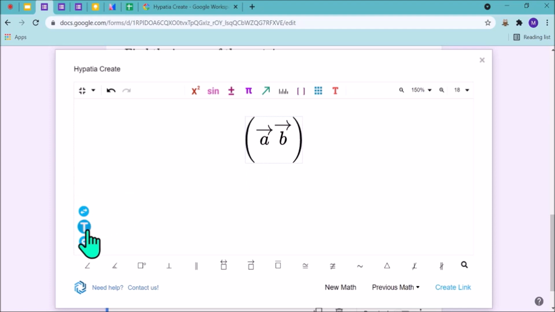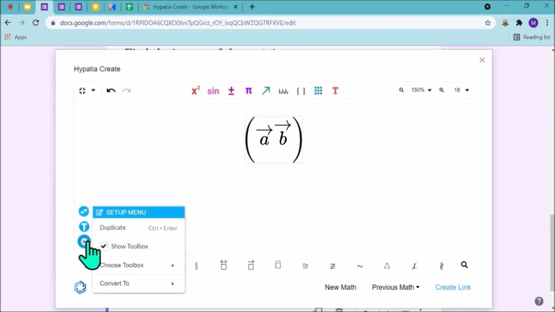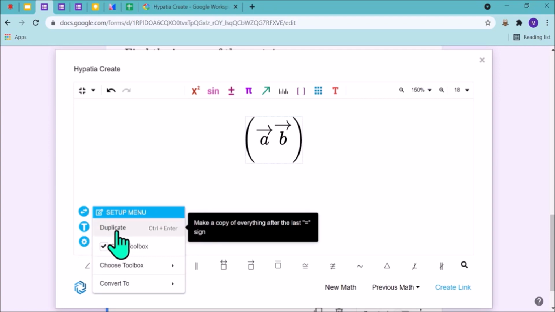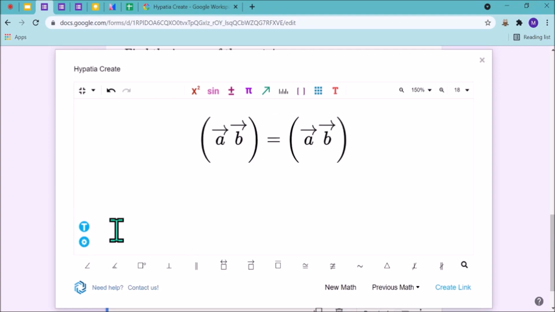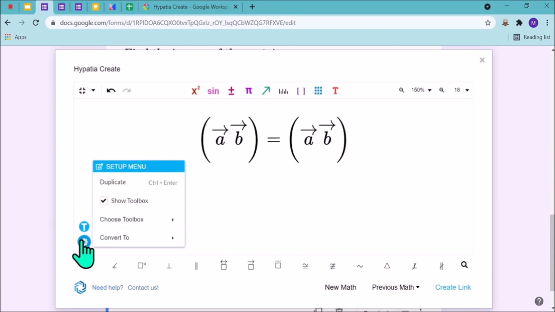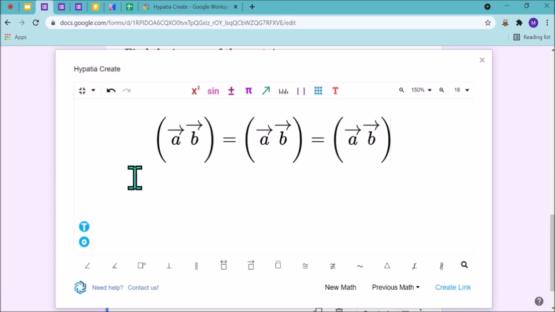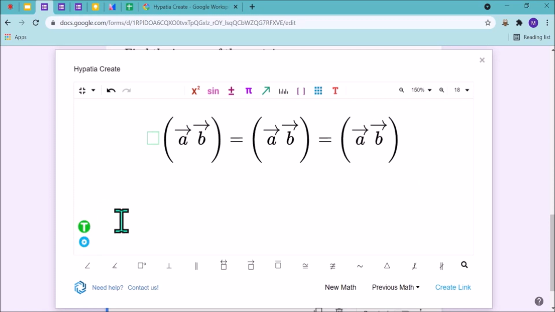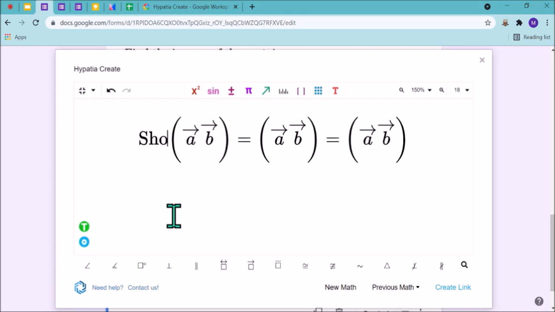So what I will do, I will come to this box again. You can see the duplicate word here. I will press duplicate. I again want to duplicate it, so I will press it again. 2 times it will duplicate. Now I will write my complete question. I will come to the starting. I want to write text: Show that